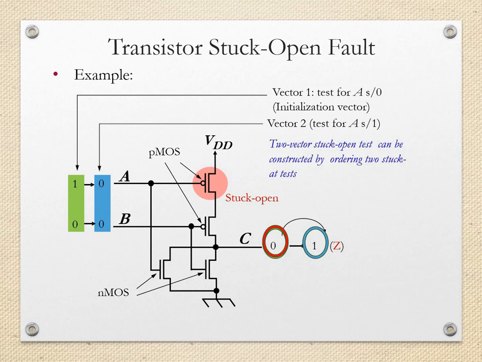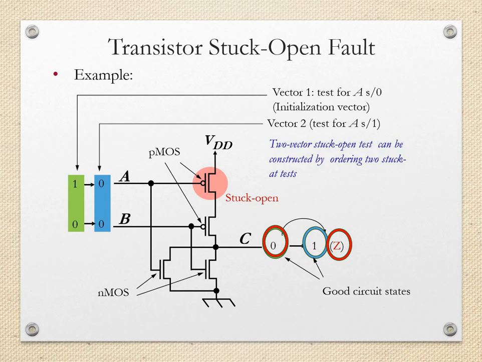And now if that fault is there, what will happen? Because of the fault, that upper P MOSFET is open, so there is no connection with VDD. As well as both N MOSFETs are off, there is no connection with VSS also. So output will be high impedance, that is Z.